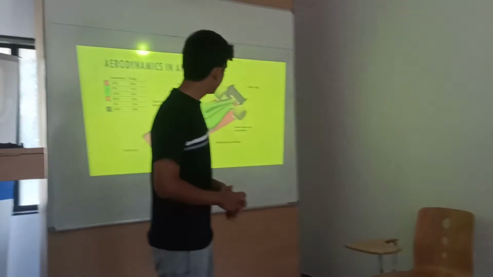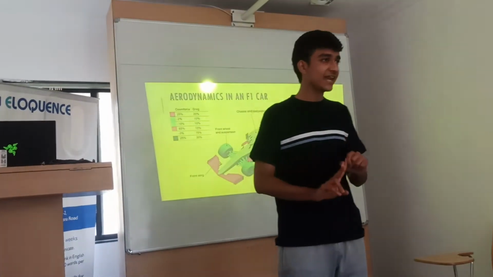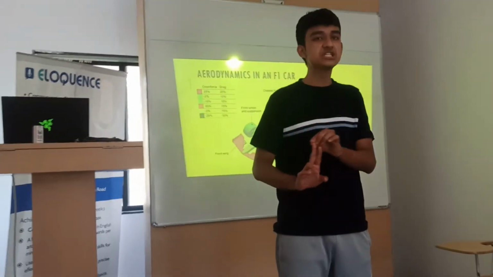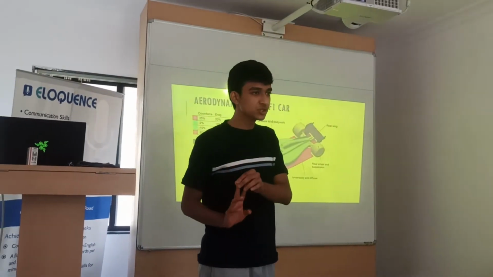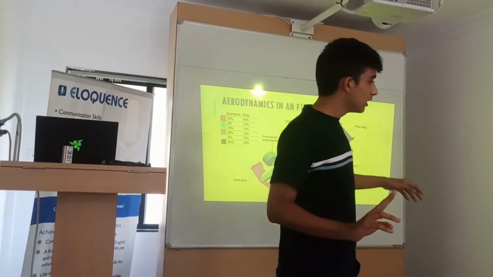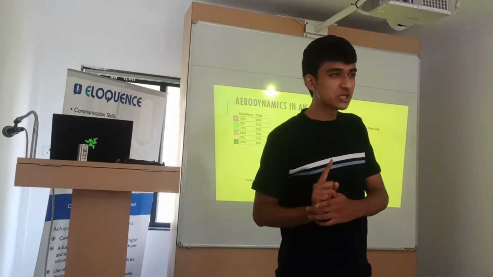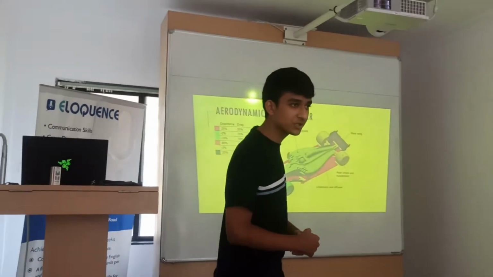Okay, so now there are two main reasons why crashes happen. One is a mechanical error, and one is a driver error, which is a human fault. Now there will always be driver error because humans aren't perfect, and sometimes they do make mistakes, even the best racers in the world. So aerodynamics can't help too much on that. But the mechanical errors or the aerodynamic issues, how has that improved over the years?